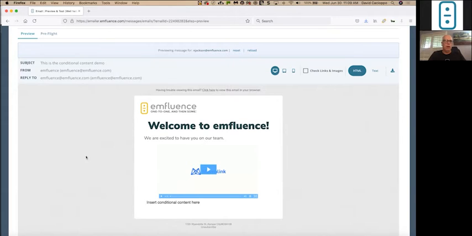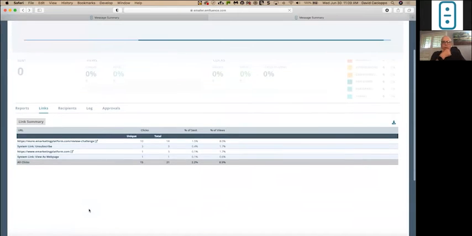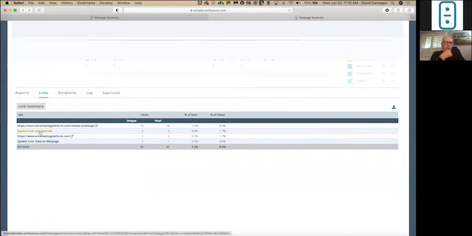So, all right, we are going to now take a look at our next item, which is grouping system links in reporting. So I'm going to switch browsers again, and we are on the report page of a deployed campaign here. And we can see that now we've rolled up our system link. So the unsubscribe link is a system link, because each unsubscribe link is unique to the individual who's subscribing.